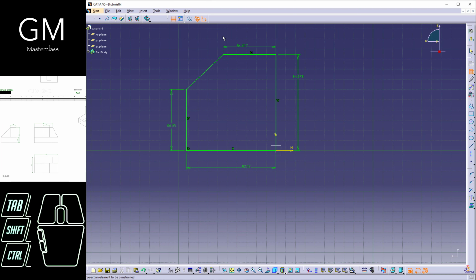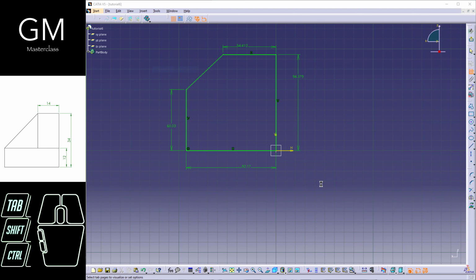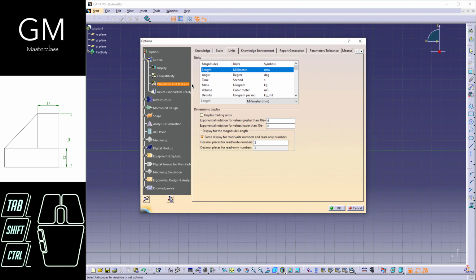So if I were, for example, the person who is going to build this 3D model using, I don't know, a lathe or a milling machine, then what I have to do is to presume that these are millimeters. Why is that? Because I don't have any information about the unit system. Okay, so I'm going to check that here. Tools, options. Right here I have parameters and measures, and right here I have units. So millimeters is the unit system that I'm using for the lengths. So okay,